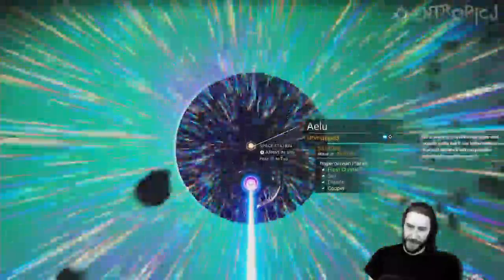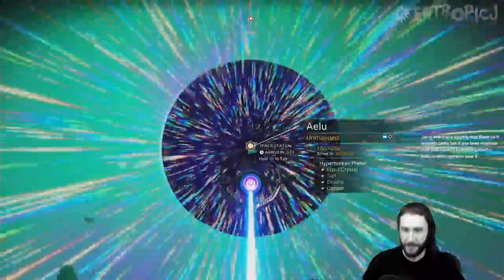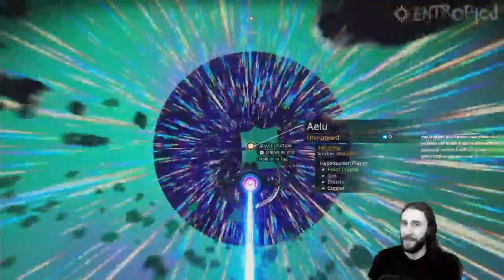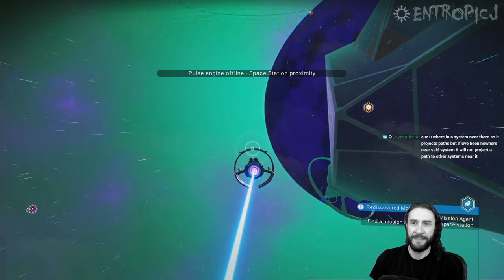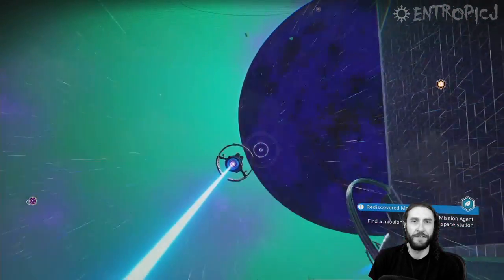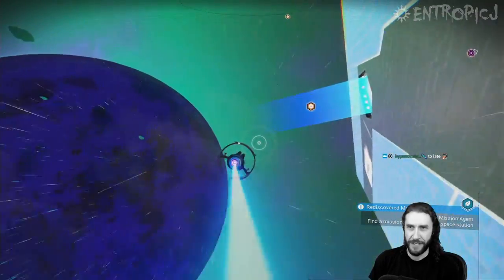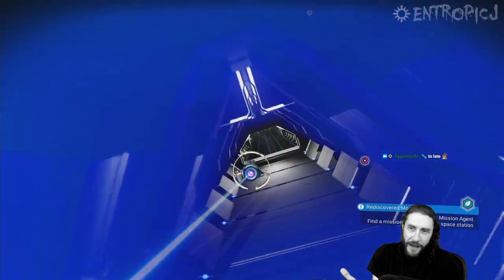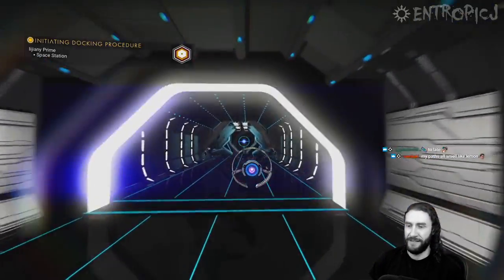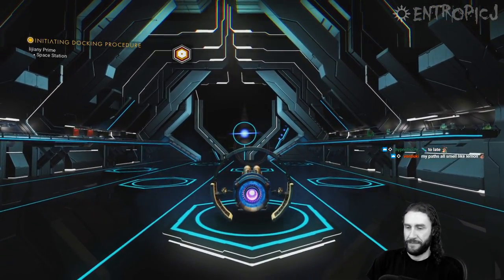You're in a system near there. So it projects paths, but if you've been nowhere near said system, it will not project a path. That sounds simple enough. So it doesn't have to be a system you've been to. Just, if it's kind of near the region of space you're in, you'll get the lines. And if it's further away from the region of space you're in, you might not get the lines. Okay, I can handle that. It's not very explicit, but...